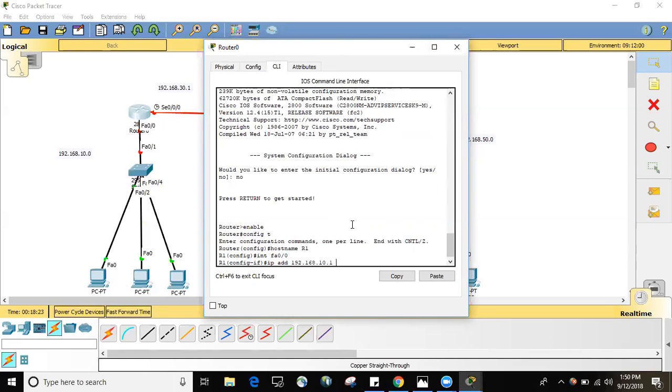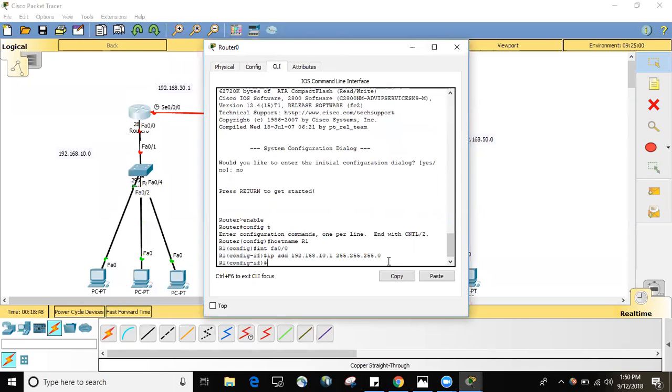Okay, what will be the subnet mask? Subnet mask will be 255.255.255.0, as it is a class C IP address. Okay, after giving the subnet mask, we have to click on enter, and